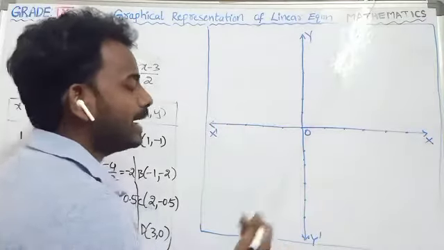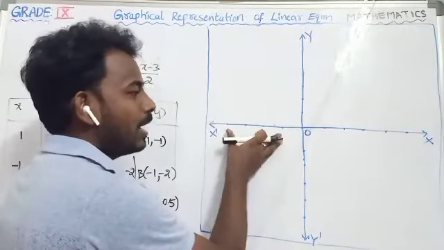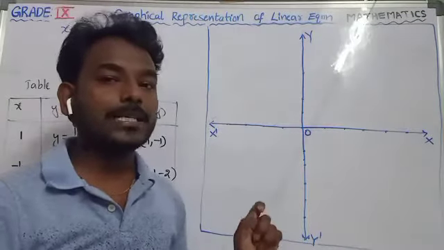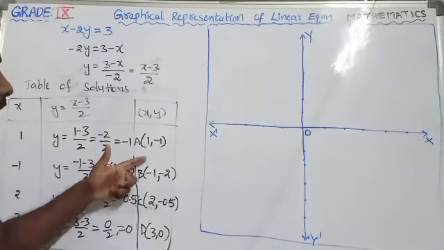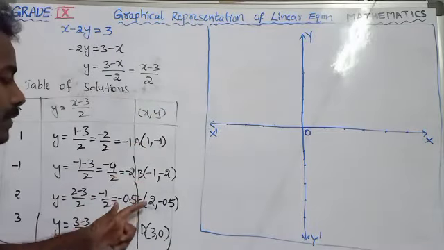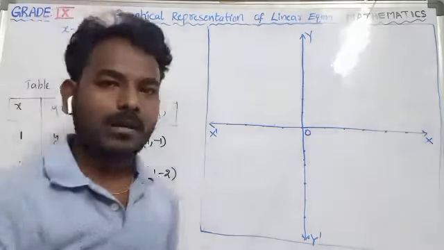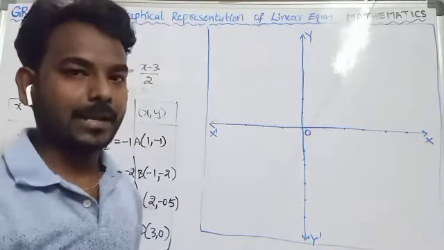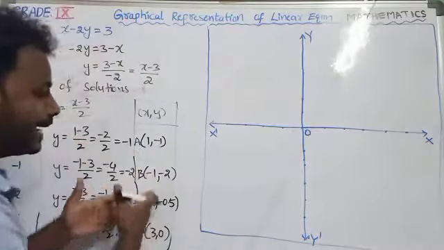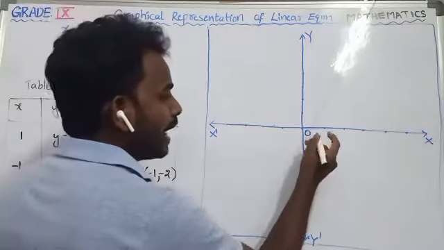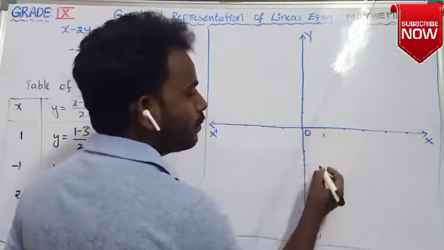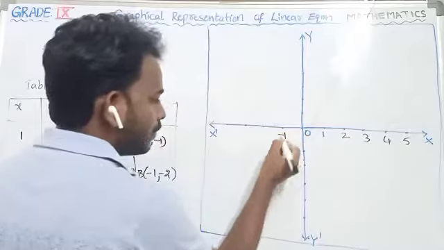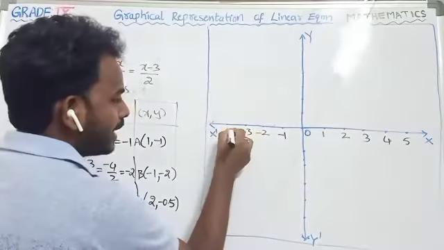Then after that we need to write the numbers. Whenever you want to write the numbers on the x-axis, you check out the x coordinates of the solutions. What we have are 1, -1, 2 and 3, which are less than 5 only. So you can easily take 1 centimeter equals 1 unit as the scale. To get the scale we need to observe these x coordinates. So here I am taking one box, that is 1 centimeter, equal to 1 unit. Let us take 1, 2, 3, 4, 5 and so on, and on the negative side -1, -2, -3, -4 and so on.